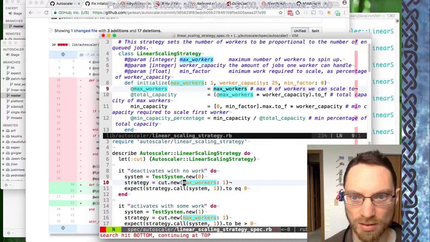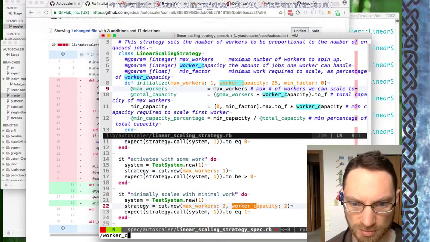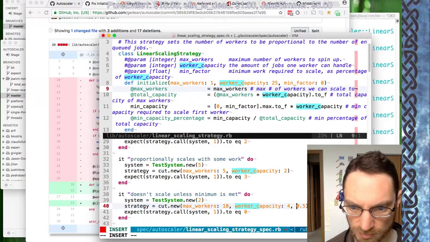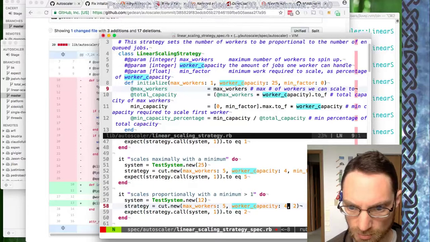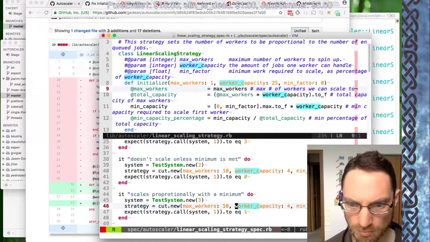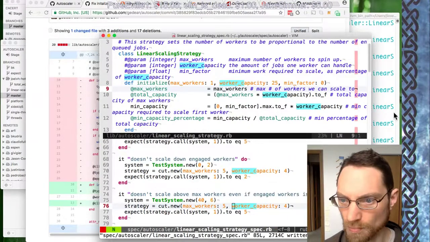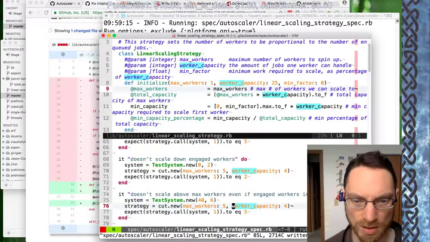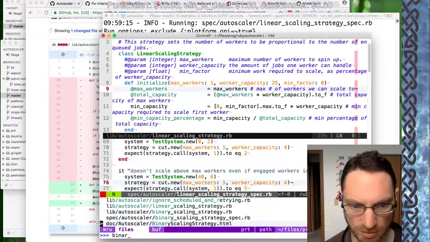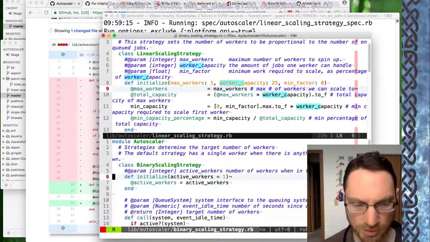All right, then our third factor is min factor. Okay, that works. So by the logic that we're doing strategies,